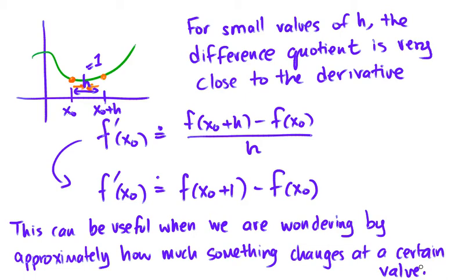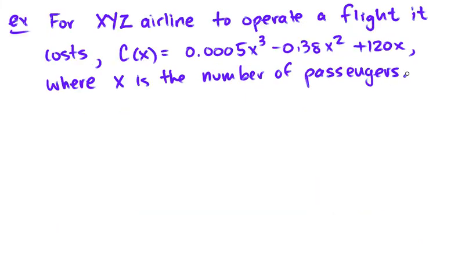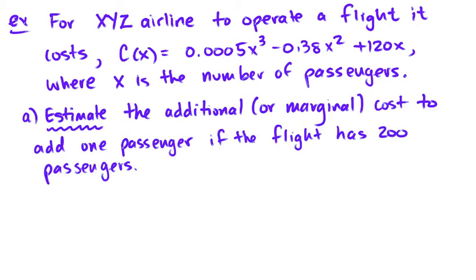Let's take a look at an example of this. For an airline to operate a flight, say Vancouver to Seattle, the cost function is modeled by this equation, and x is the number of passengers. So part A is estimate the additional, also known as the marginal cost, of adding one more passenger if the flight already has 200 passengers. So to do this, we can estimate it by using the derivative,